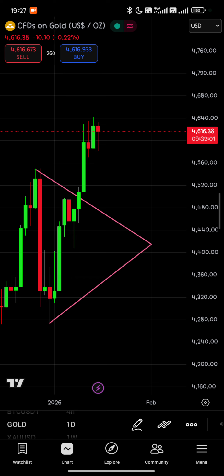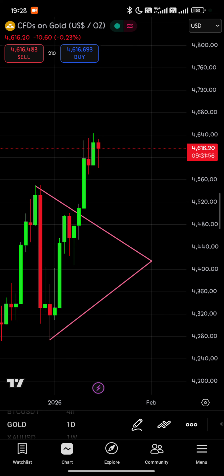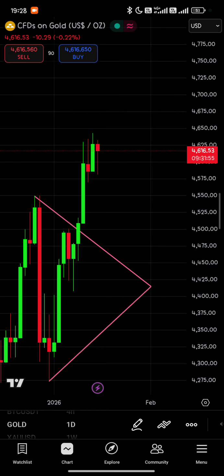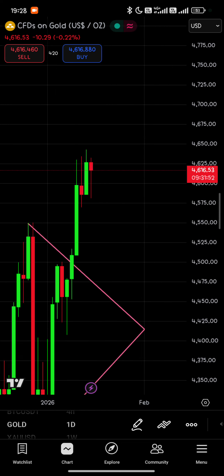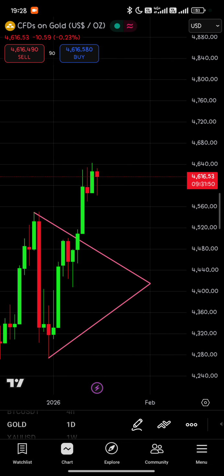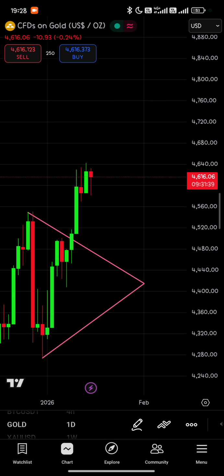Correct? So every time we're going to trade, we're going to analyze and understand the trend before we start. So now I'm going to start on the daily candle. As you can see on the daily candle right now, it is still on the bullish side. The price action is still on the bullish side, or I'll call it a bullish price action. Correct? Why is it still a bullish side? Because